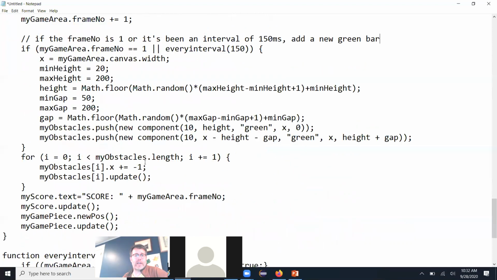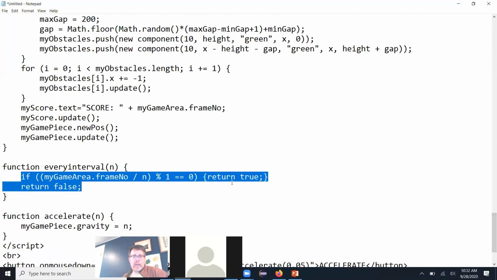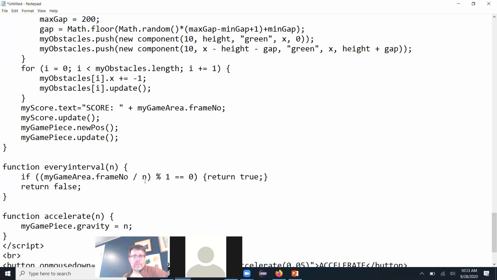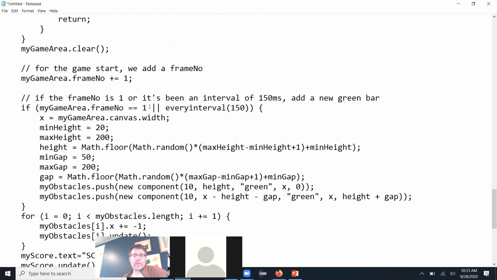So if we go down here and see every interval, that's what this is. It just checks by modulo. If the frame number divided by n modulo 1 equals 0, right? If it's an even number of 150, then that's going to return true. Otherwise, return false. So again, every interval 150, every 150 milliseconds, it's going to add on a new green bar. So what it's going to do in here,